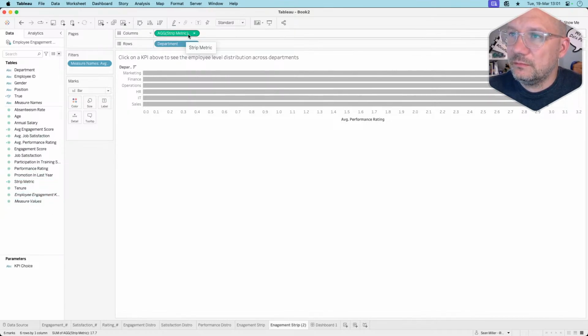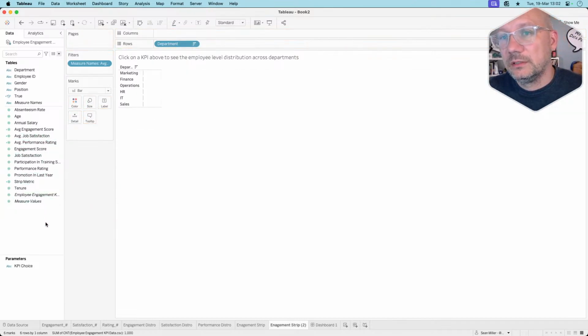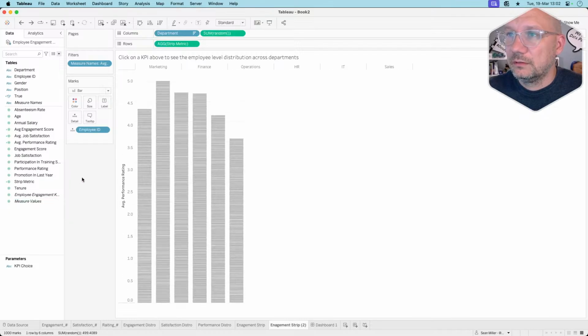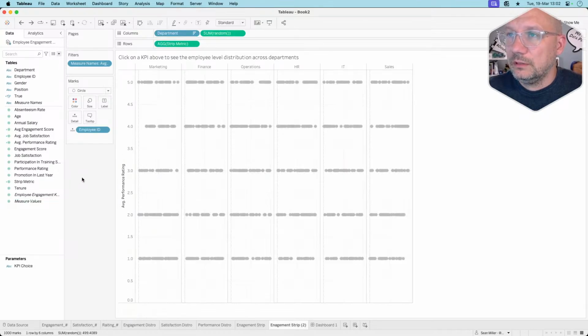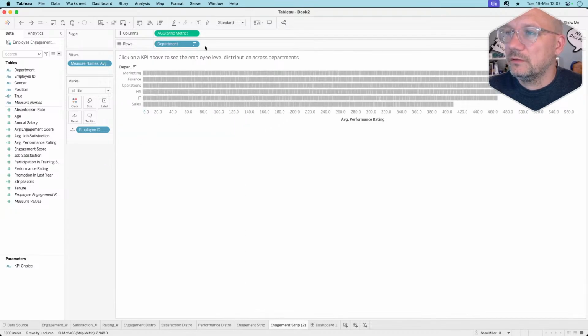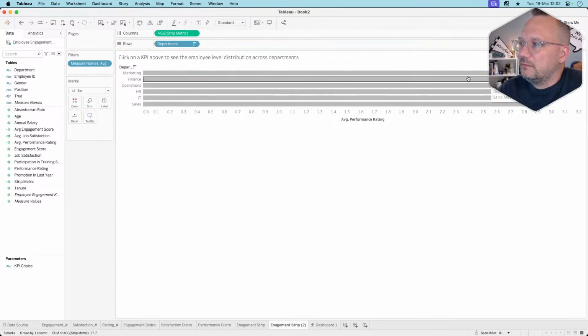We want this to be, well, we want this to be what? Yeah, we want this to be strip metric, but we don't want it aggregated. What do we want it at? Because if I do this, this is just the same thing as what we were just looking at, the same thing as the